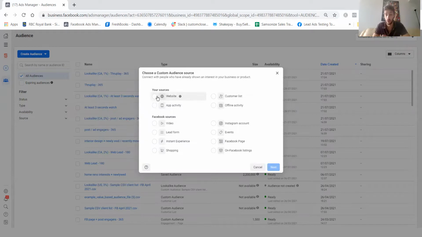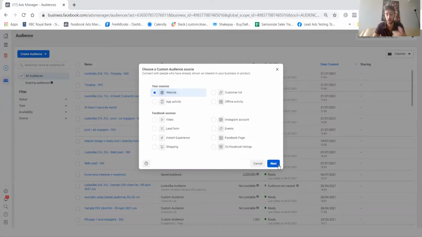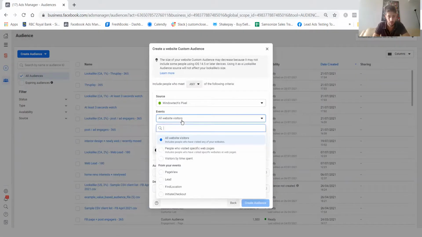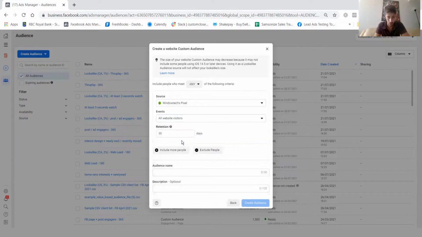So let's start with the simple one: from your website. We want to ask Facebook to look at all the people who have viewed your website but maybe didn't become a lead. Once you click on that, you have your pixel, and then you can choose what action on the website we want to create a list for. Do we want all the visitors, or people who went to specific pages, in which case you would put in a URL, or one of the events that maybe you already have set up, like a page view, a lead, or a find location? Now, because of the recent iOS changes, I would say going less specific might be better. What's a bit more advisable is to go to all website visitors,